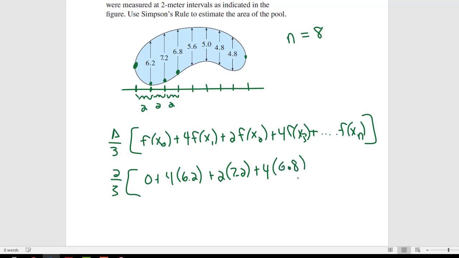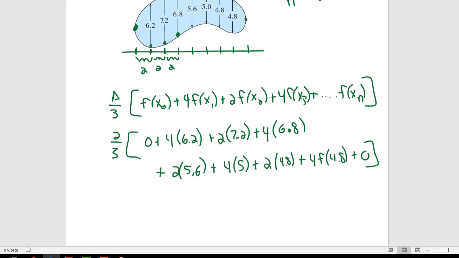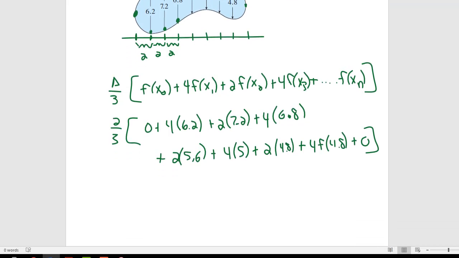And then 2 times my next function value of 5.6, and then plus 4 times my next function value of 5, and then 2 times my next function value of 4.8, and then 4 times my next function value of 4.8 again, and then plus the last function value of 0. So there would be Simpson's rule, setting up the Simpson's rule formula that would estimate the surface area of that